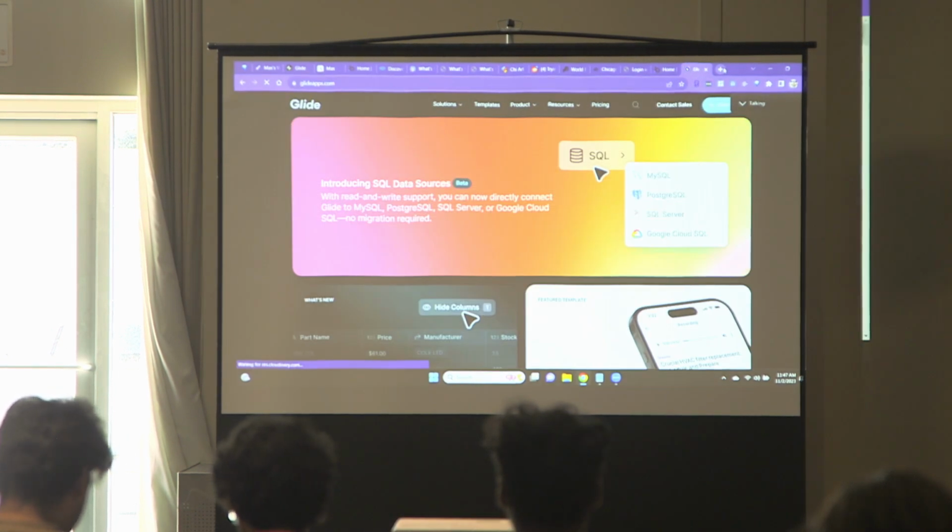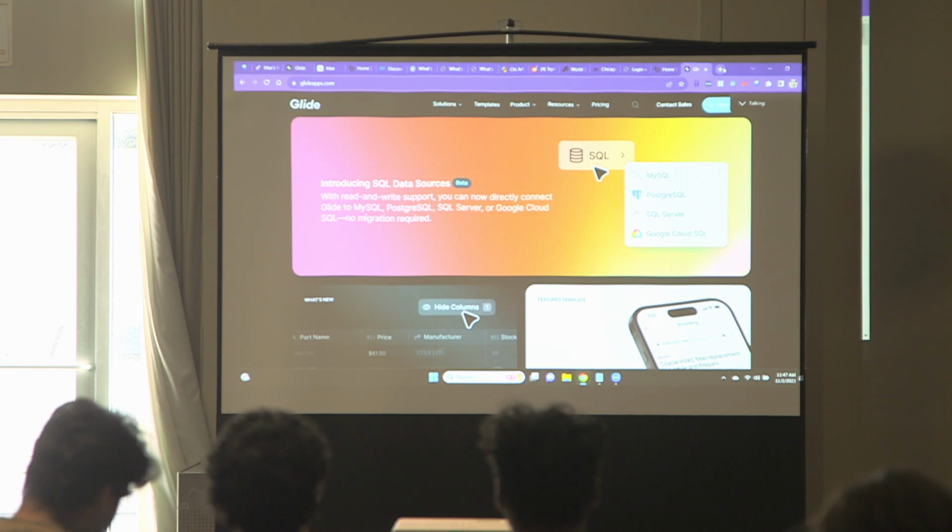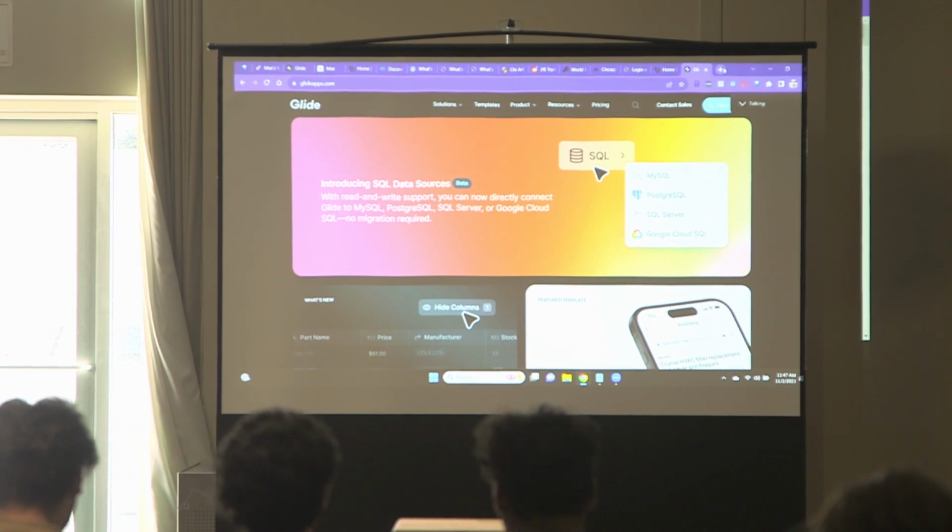This is kind of like Card, but for apps. Card is really simple. It's just drag and drop. You have a lot of templates you can use. You just put stuff in places and then it looks good. Glide is like that. It's very simple, very easy to use. It has a lot of advanced functionality, but on the free plan, I can build three free little apps. And those apps, I can connect to artificial intelligence directly.